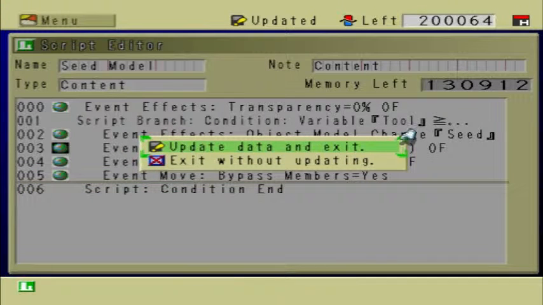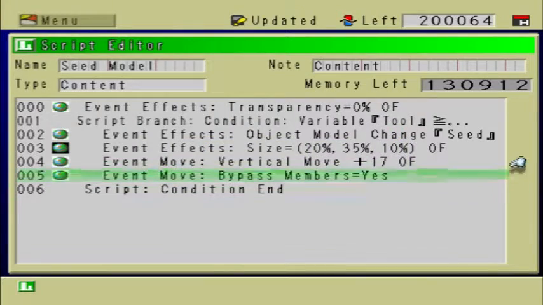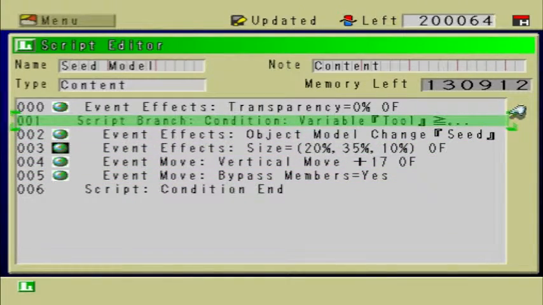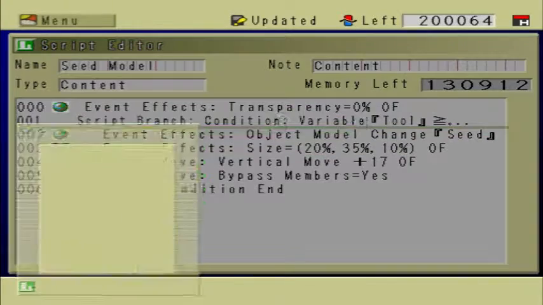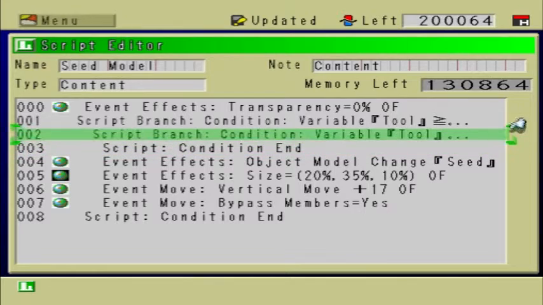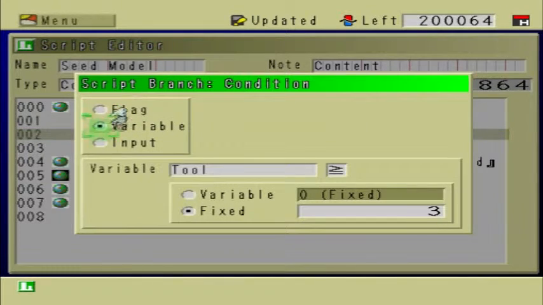We're done with the seed model script. Or actually, no, we're not. Sorry about this. I forgot one little detail. We have to create another condition. Copy this, paste it down here. And the condition is going to say